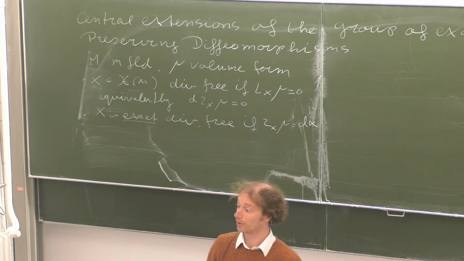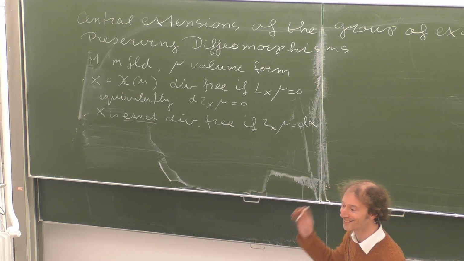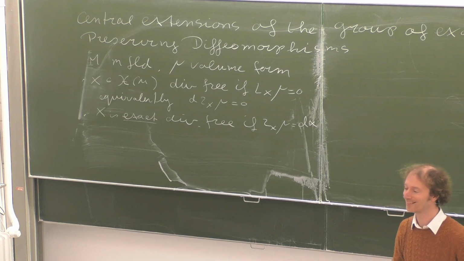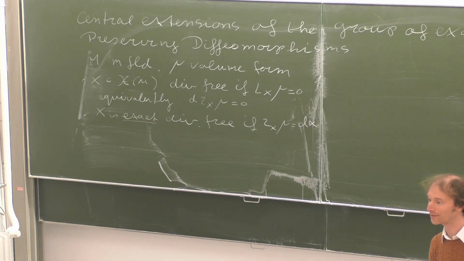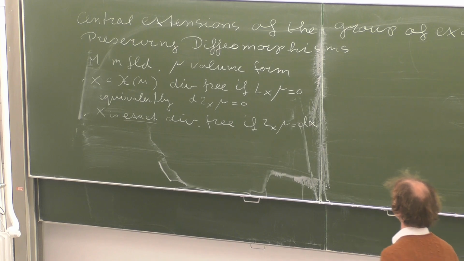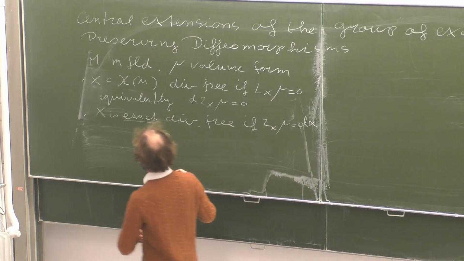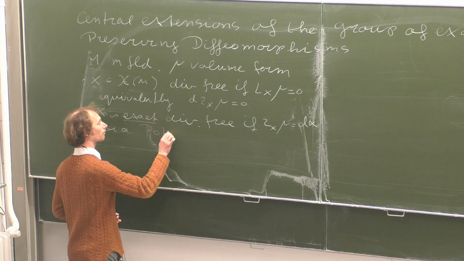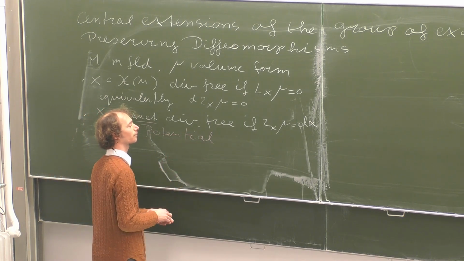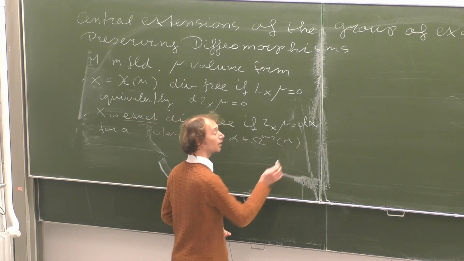Orientable manifold. So X is exact divergence-free if i_X of mu is d alpha for some potential alpha, which is an n-2